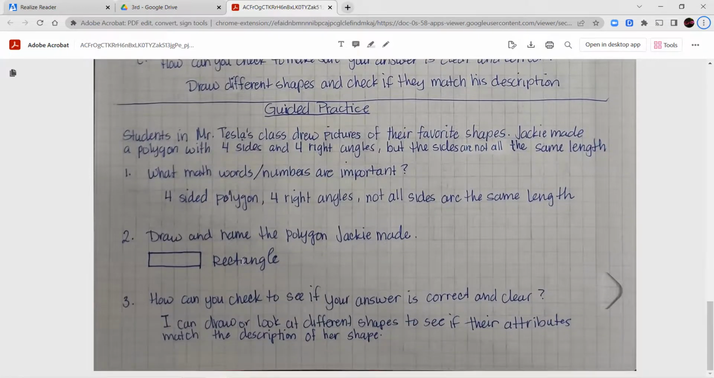For our guided practice, students in Mr. Tesla's class drew pictures of their favorite shapes. Jackie made a polygon with 4 sides and 4 right angles, but the sides are not all the same length. What math words or numbers are important? We know she made a 4-sided polygon that has 4 right angles and not all the sides are the same length. Those are the important parts. For number 2, draw and name the polygon that Jackie made. So she made a rectangle. We know she made a rectangle because